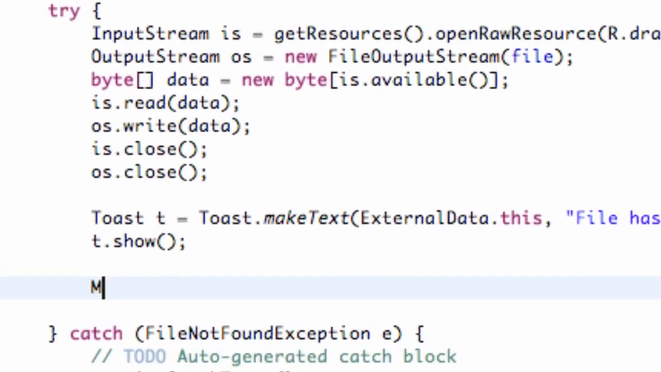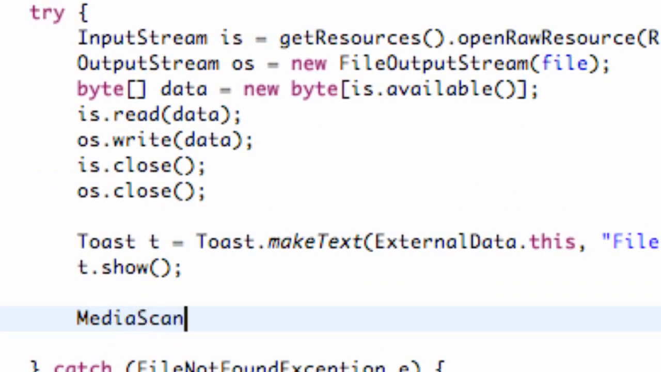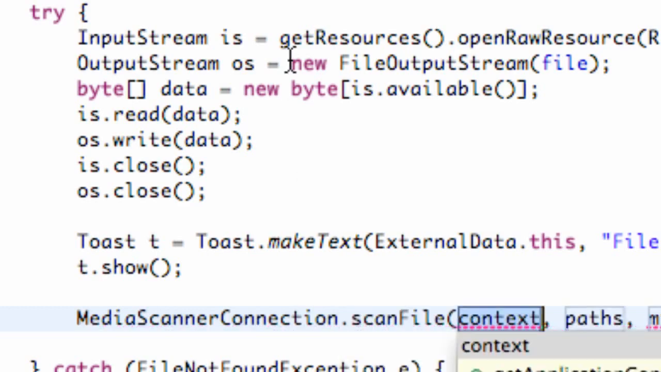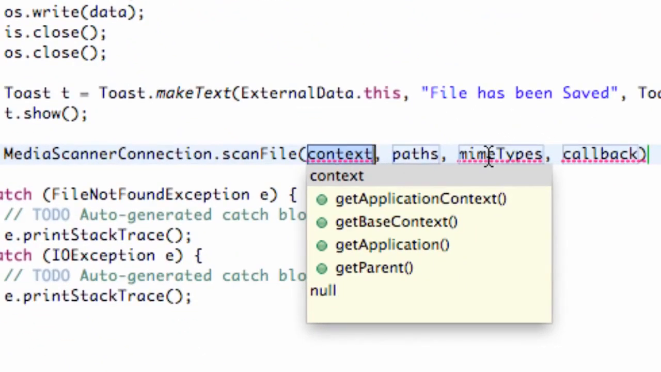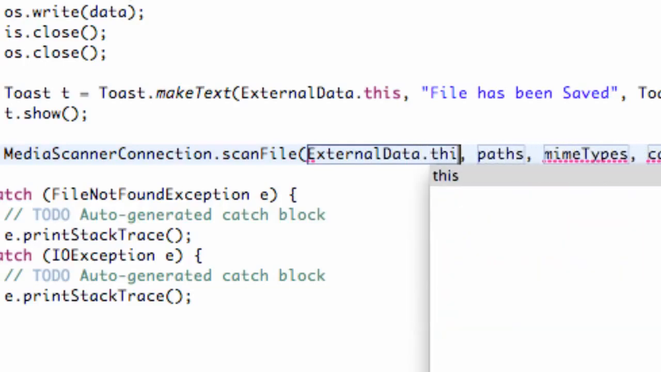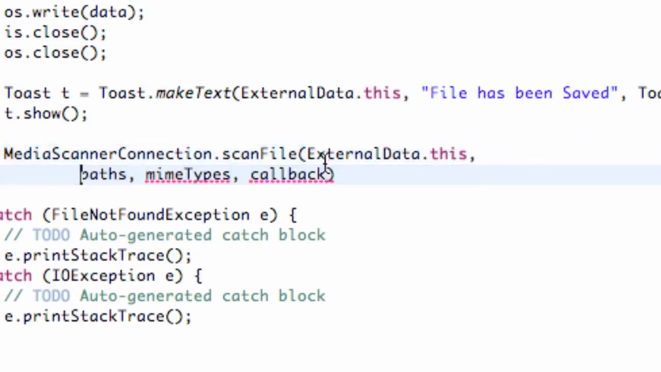So what we're going to do is set up a media scanner connection, or refer to that class, and we're going to hit .scanFile. As you can see, it takes four parameters. For the context, we're going to say ExternalData.this. Again, ExternalData is our class name if you guys are just seeing this tutorial and haven't been following along. For our paths, we're going to create a new string